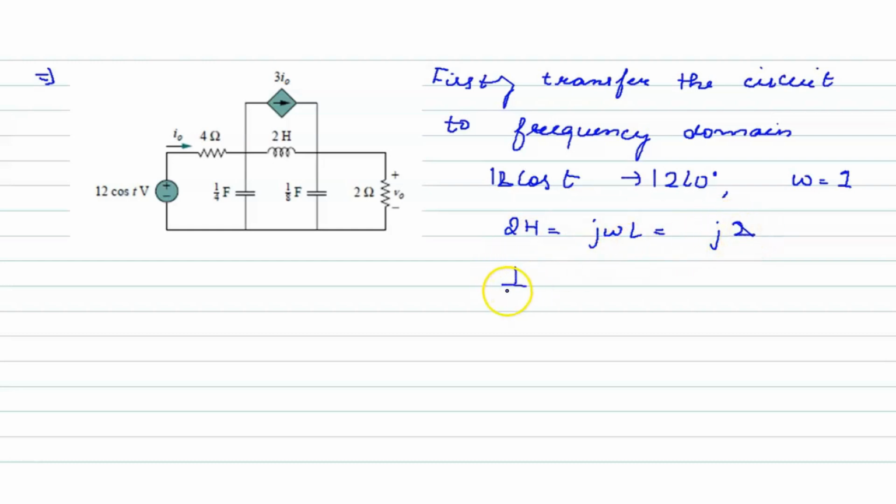If we have to write 1 by 4 farad, this is minus j into 4. If we write 1 by 8 farad, this can be written as minus j into 8. Now for